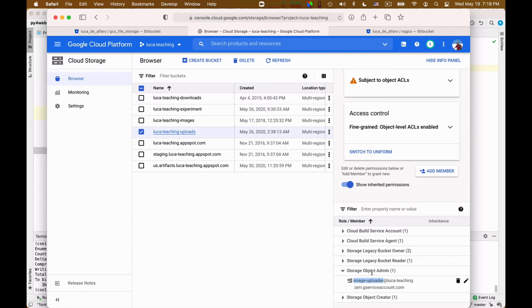You need to make it storage object admin so that the service account will be able to create, delete, manage objects into your bucket. Okay? A service account is like a butler that does the job in your place. So instead of using my main account, that would be my Gmail account or my UCSC Google account or whatever account I chose, I create a service account to which I can give limited permissions.